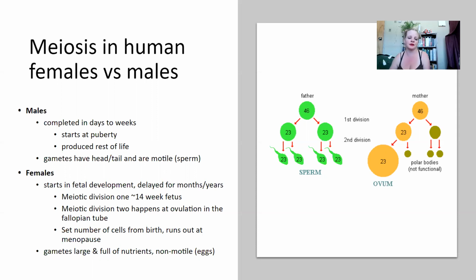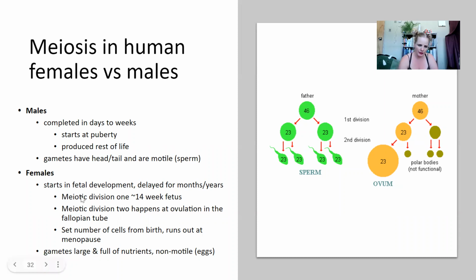When we're going to produce sperm, of course, sperm have a head that has all of the stuff in it, and then a flagella that allows the sperm to find the egg. Now, if you happen to have ovaries like me, then meiosis begins as a fetus. So way before you're born, meiosis starts. And this can be delayed for months or years. And in humans' case, it's usually years.